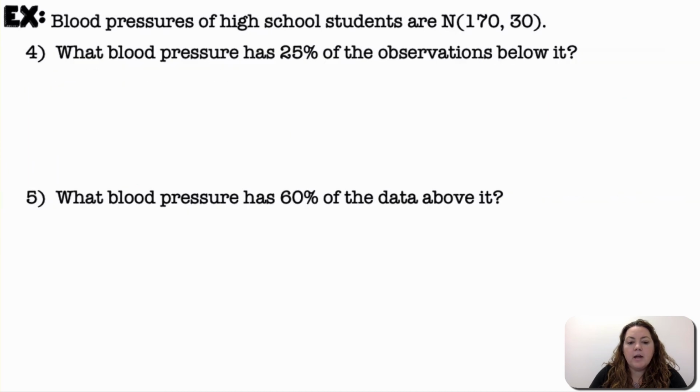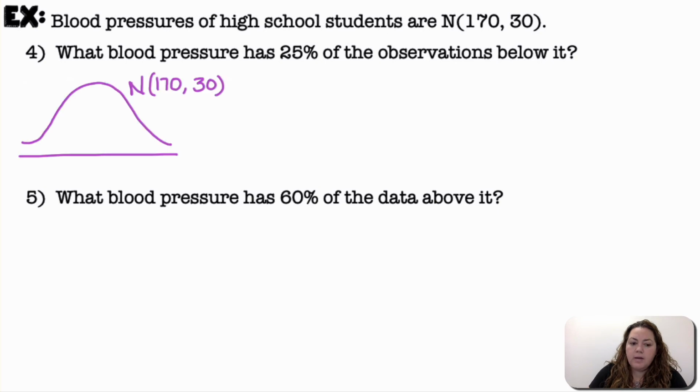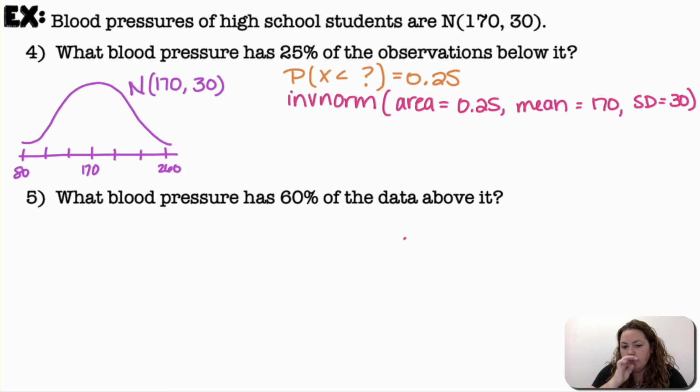What blood pressure has 25% of the observations below it? All right, so this time I have the percentage, and I'm trying to figure out what the x value was. So here's my normal model. I'm going to shade in about 25%. Probability that x is less than what gives me 25%. Because I know the percentage, I'm going to go to inverse norm. My area would be 0.25. My mean would be 170, and my standard deviation would be 30. Okay, and I get